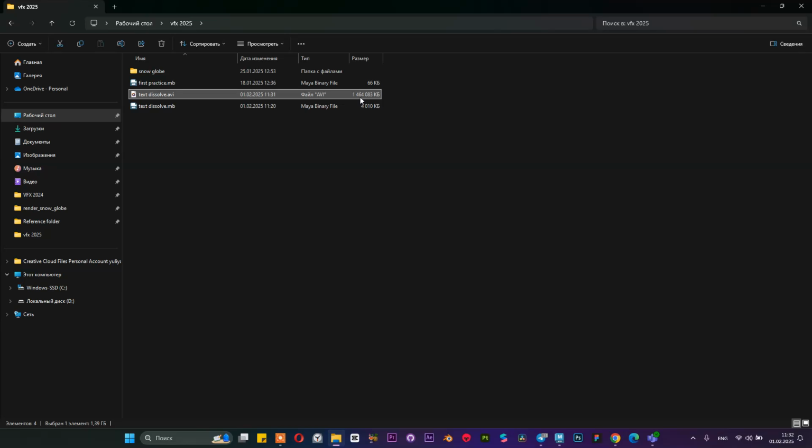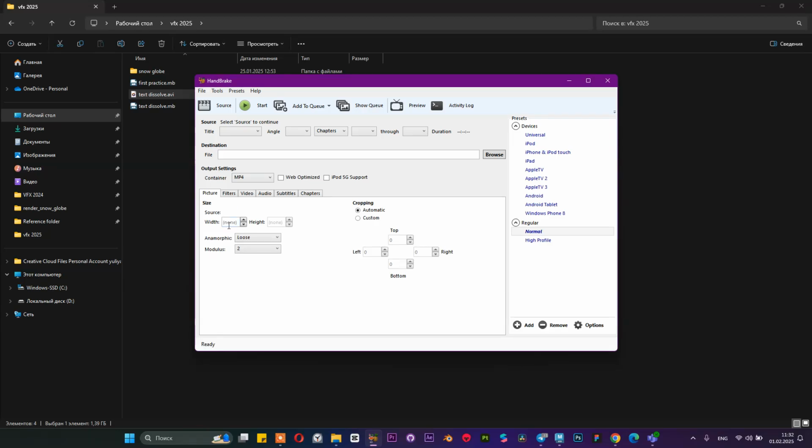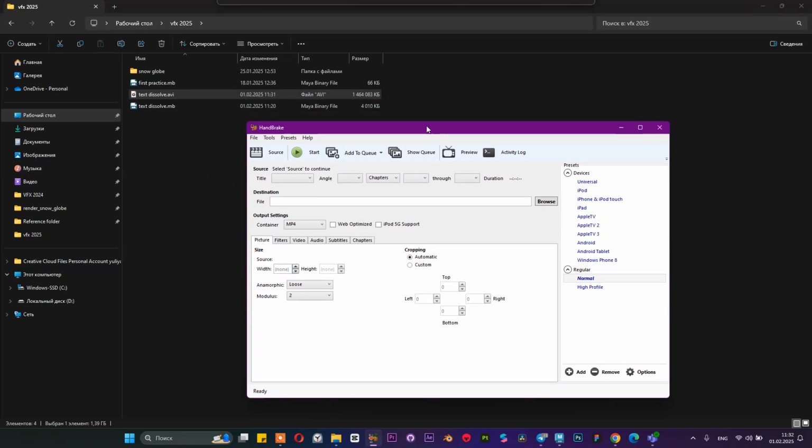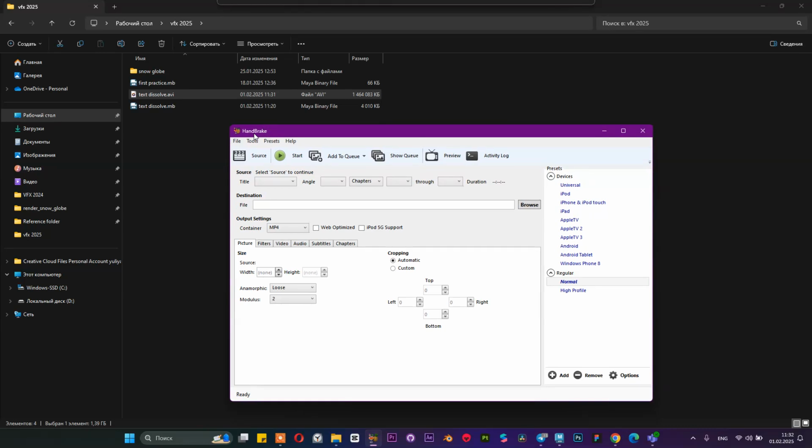But this AVI file is really huge. These 10 seconds are about 1 GB, and every time I get AVI files from Premiere Pro or After Effects, they weigh gigabytes,